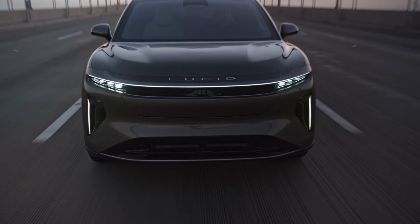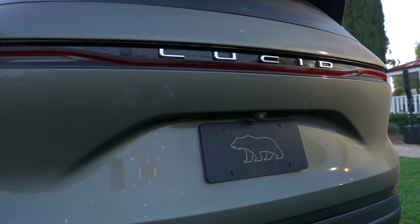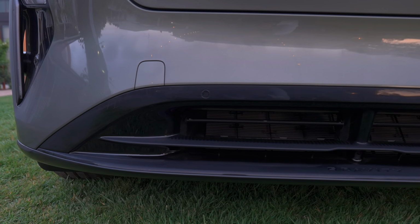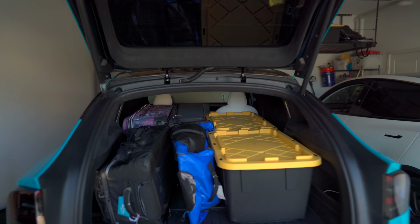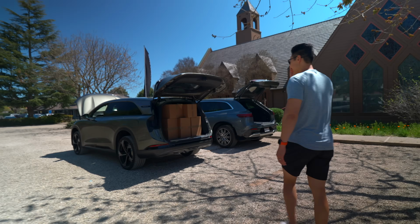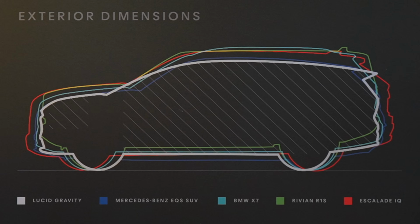They're constantly pushing software updates, but here's what most people don't realize. Lucid already has the hardware for advanced level 3 autonomy: 14 cameras, LiDAR, 5 radars, and 12 ultrasonic sensors. Tesla, on the other hand, is only a level 2 plus. But let's be real, the one thing everyone wants when buying a 7-seater SUV is storage space. And Lucid claims the Gravity has more of it than any other 7-seater EV, even though it's smaller on the